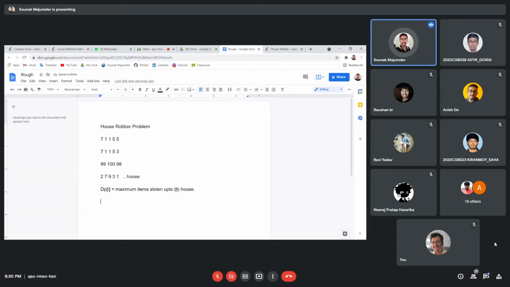So if I want to rob the ith house, then what I need is the maximum items stolen up to the I minus 2th house, because we are not stealing in the I minus 1th house. One option is stealing the ith house: profit the items from the ith house plus what we have stolen till the I minus 2th house, because the I minus 1th house is not to be stolen.